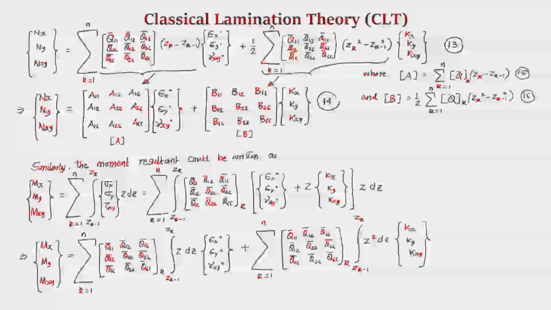So, within that layer it does not vary, therefore it could be taken out of the integration sign, and these mid surface strains and curvatures are independent of layers. For a given laminate it is the same, therefore they could also be taken out of the integration sign. Therefore, we obtain this and then we can do the simple integration and we get